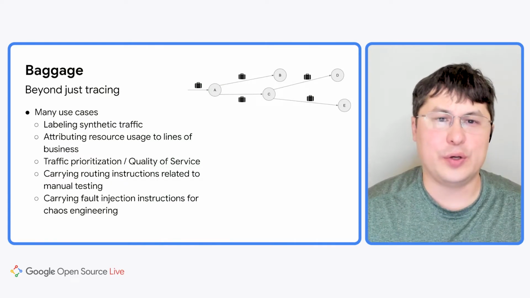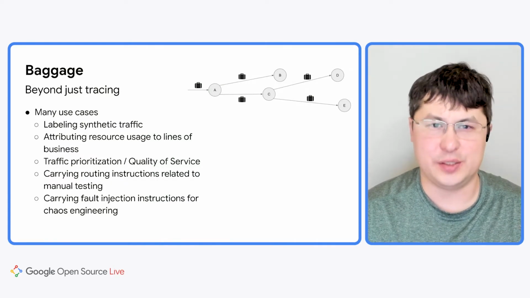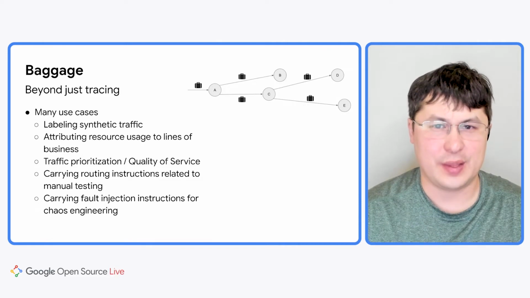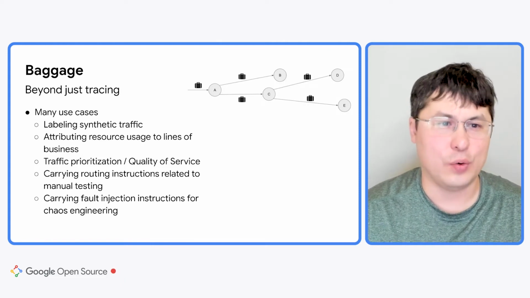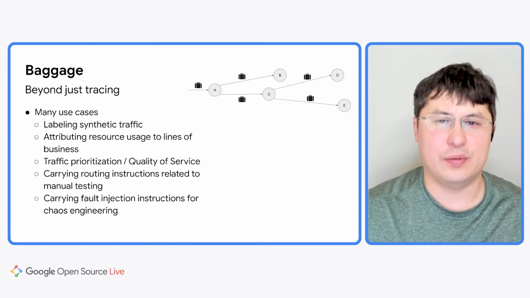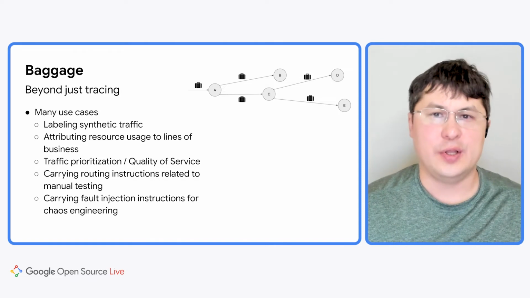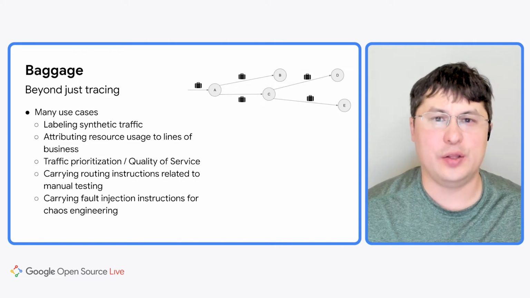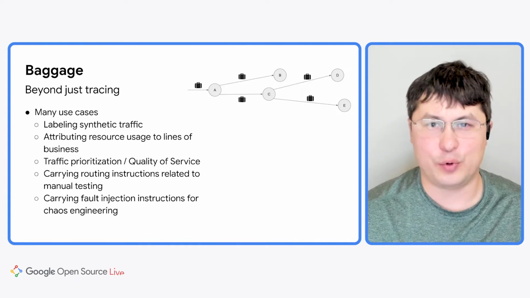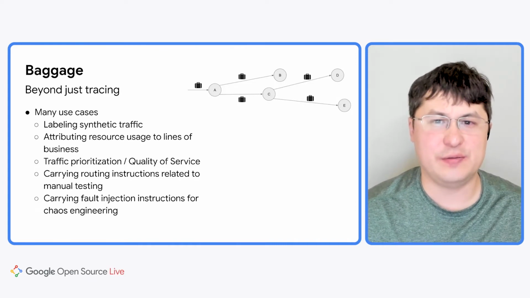Also, having trace helps you with scenarios beyond just tracing. When you can propagate trace ID, you can also propagate more information, some custom labels. And these labels may help you with various scenarios like synthetic traffic labeling or fault injection, maybe traffic prioritization and quality of service scenarios. It's all possible because now for every single trace, you know every single request processing and piece of code that processed a specific trace. And it's all possible because OpenTelemetry respects standards.